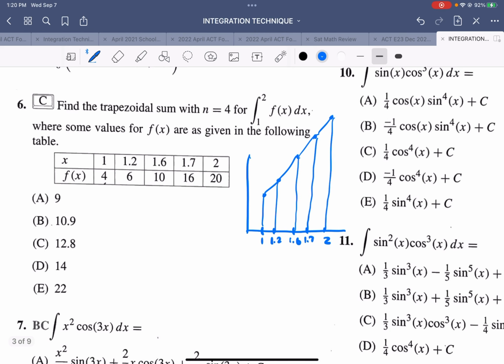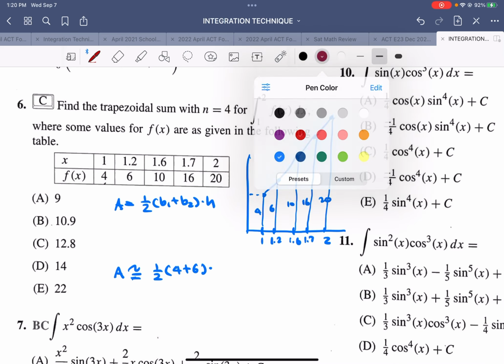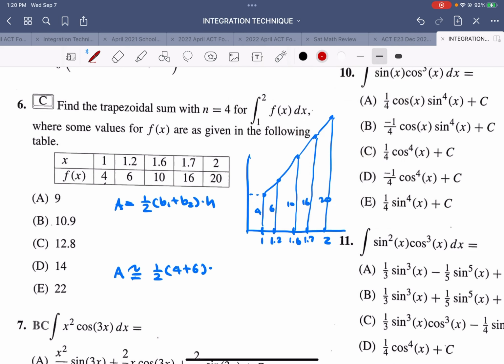So you can find the trapezoid area is 1/2 base 1 plus base 2 times height, right? So this area is approximately 1/2, base 1 is, remember, 4 and this one 6 and 10, 16, 20. So 4 plus 6 times the height, and the height I'm going to put here is delta x. So 0.2, and here 1.6 minus 1.2 is 0.4, and here just 0.1, here 0.3. Okay, so I'm going to just put 0.2